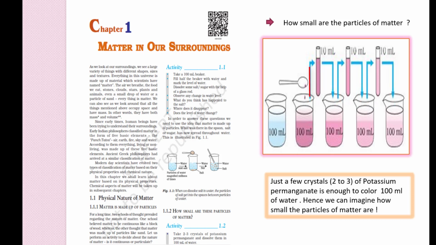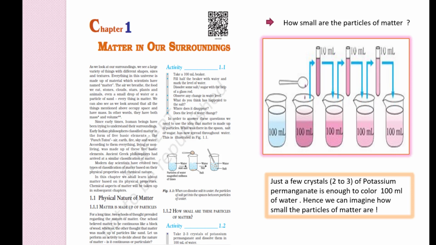You transfer 10 milliliters of this water and pour it in the next beaker. After a while, you will observe that the water in the third beaker too turns pink in color. From the third beaker, you again transfer 10 milliliters of the colored water in the test tube and transfer it to the fourth beaker. In this way, as you keep on transferring the water, you will observe that the pinkishness of the color